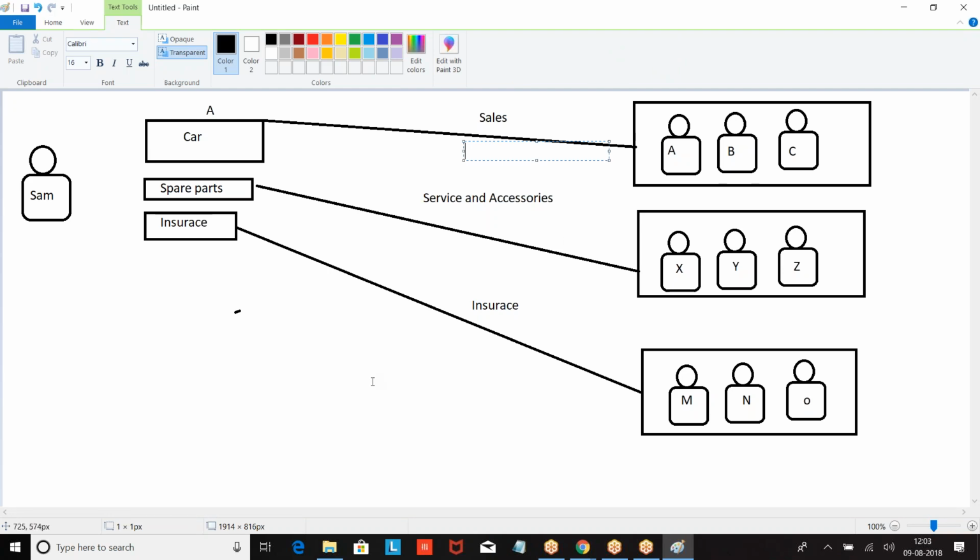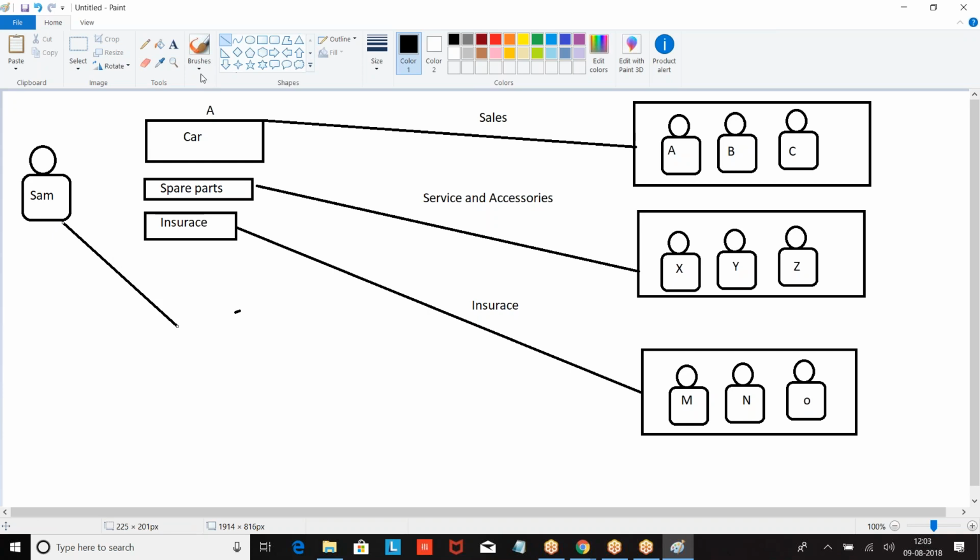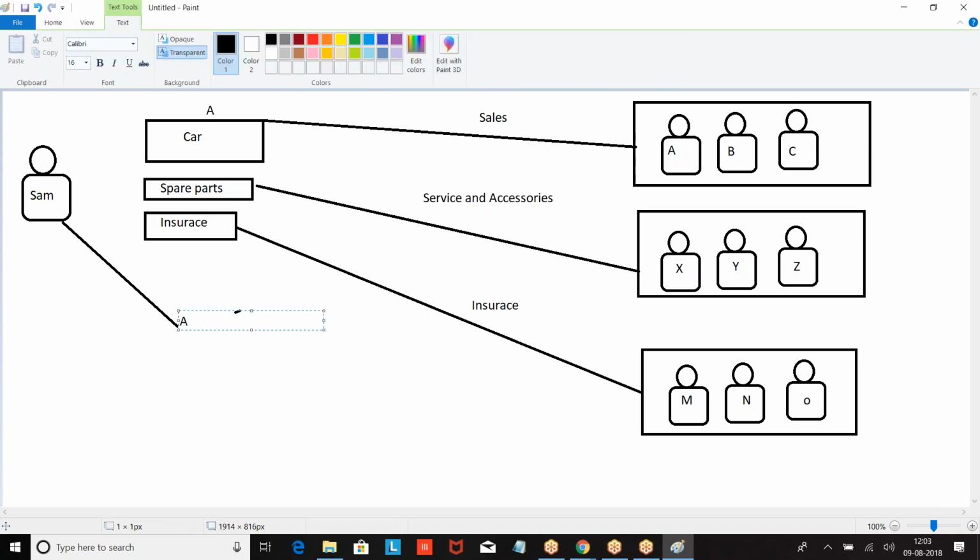So what is that? They make a team now. When you say, boss, I want a car with accessories with insurance, now what will this guy do? Who is the owner of this opportunity? A is the owner. Now what will A do? A will form a team. Team with A, X. A, I am selling a vehicle. Okay, let us say 14 lakhs. Now accessories, let us say 3 lakhs. Now insurance, let us say 30,000. All together it is coming to 17.3 lakhs.